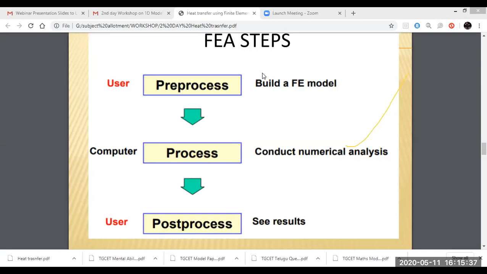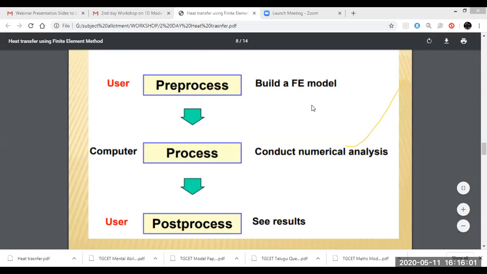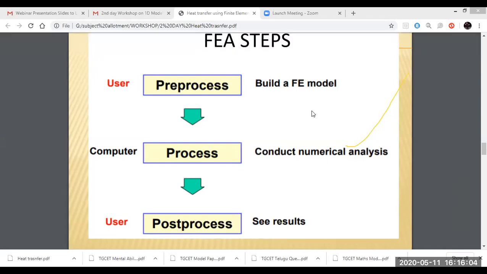Now the third step is material property. That is also an input, and it is the most important. Where steel, we are going to simulate as steel, and we are going to calculate the heat transfer rate. From that point of view, what is the steel thermal conductivity? That value we must give perfectly. After that only the software is going to think. Software is not a human person. Whatever input we give, as per the input only it will give output. If the input values are wrong, the output value you will also get is wrong, but it will solve the problem. Okay, that means the input parameter is the most important thing. Finally, the input parameter is the most important.